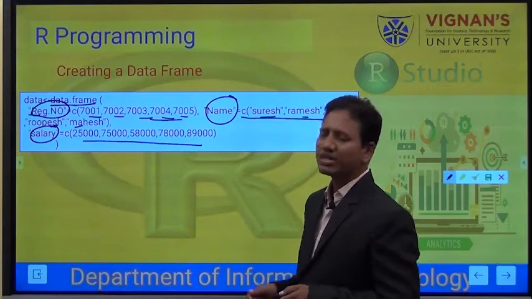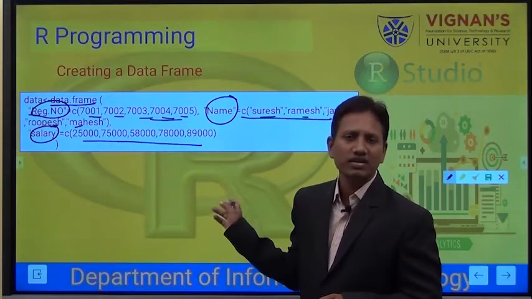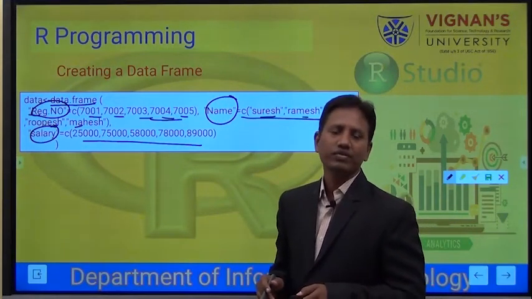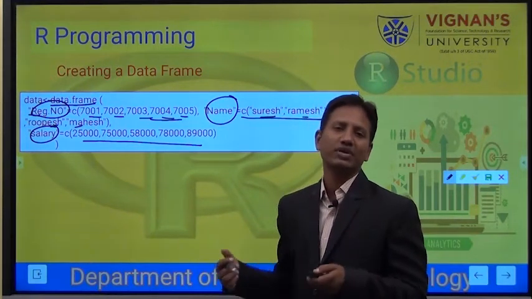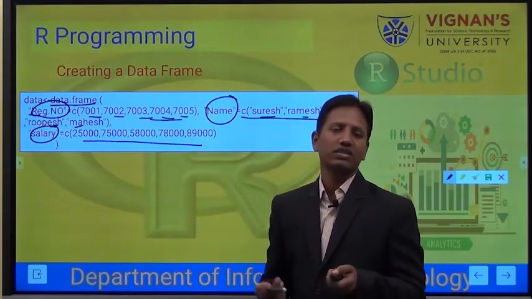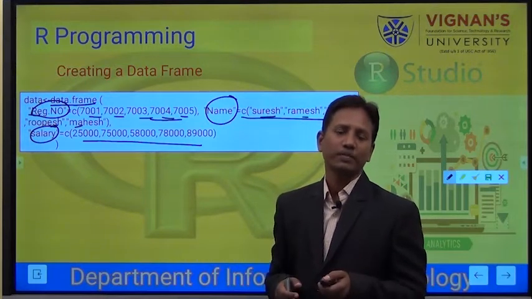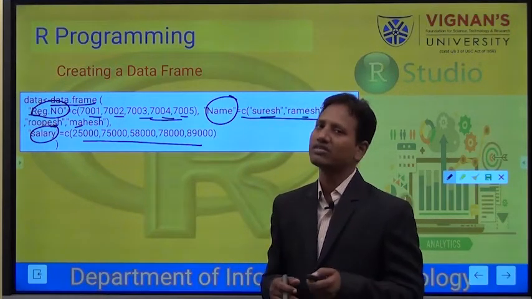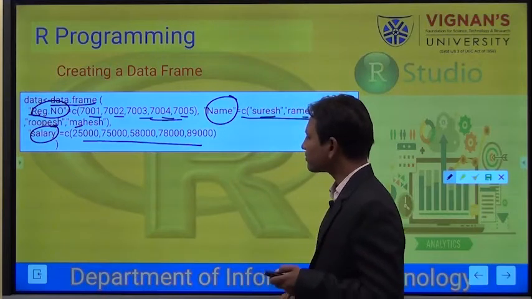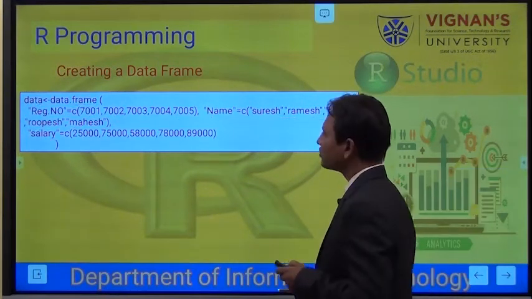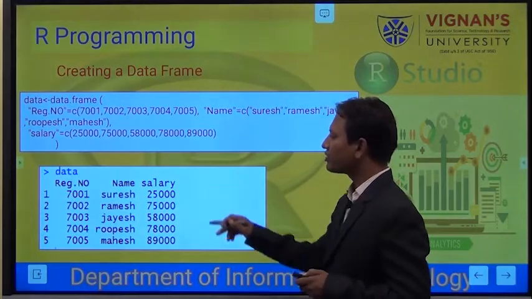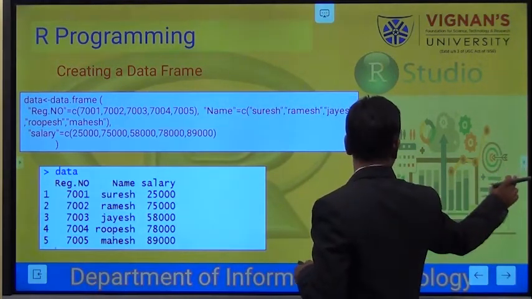If you ask me what the difference is between a list and a data frame: a list can have different lengths, but a data frame cannot. The lengths must be the same. This is the difference we have to understand. The output is going to be in this manner.